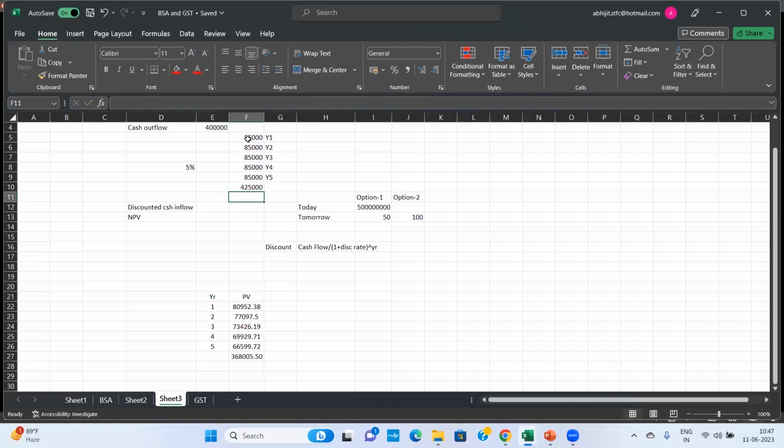So basically, the concept of discounting is nothing but we used to do something called compound interest in our school days. We just reverse it. We just reverse the concept of compound interest. So we go backward. So there in compound interest, you go forward, right?